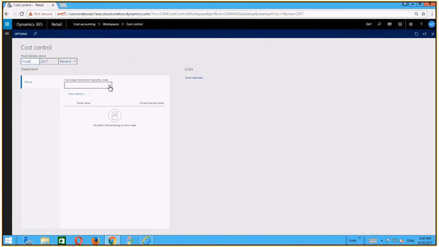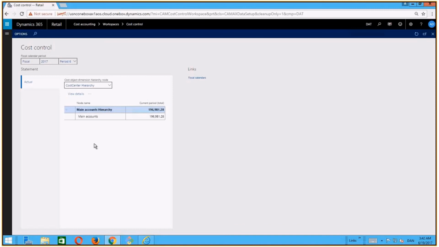And I can now select in my cost object dimension hierarchy, even though it's very basic, a level. And I can also drill into the numbers, again very basic in my cost element hierarchy, and see that in total we have approximately $200,000 imported into cost accounting from my general ledger system. So now imagine that you can create your cost center hierarchy much more advanced, you can create your cost element hierarchy much more advanced, and then you have your whole reporting story.